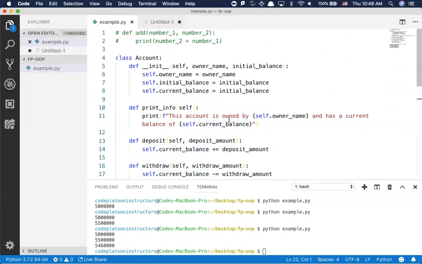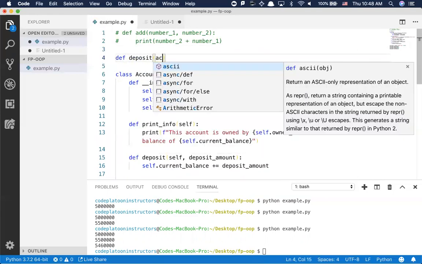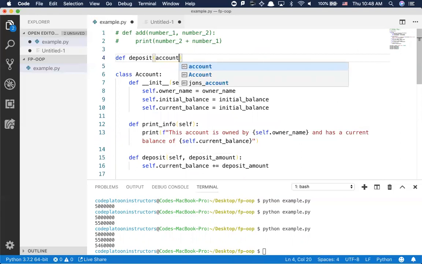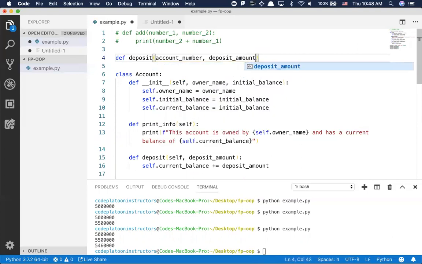If you were to do the same thing using functional programming, it takes a lot more code and it's a little bit more challenging. One of them is that if you were to deposit, you have to keep track of the account number itself, withdraw amount, deposit amount, initial current balance. So you need to pass all those things in because you need to keep a ledger of it and you need to keep track of how much they have. You need to have the account number, the deposit number, and the current balance in order to do the exact same thing